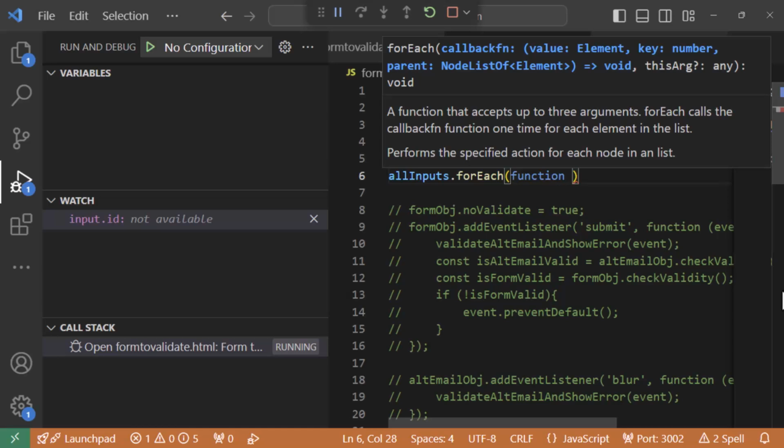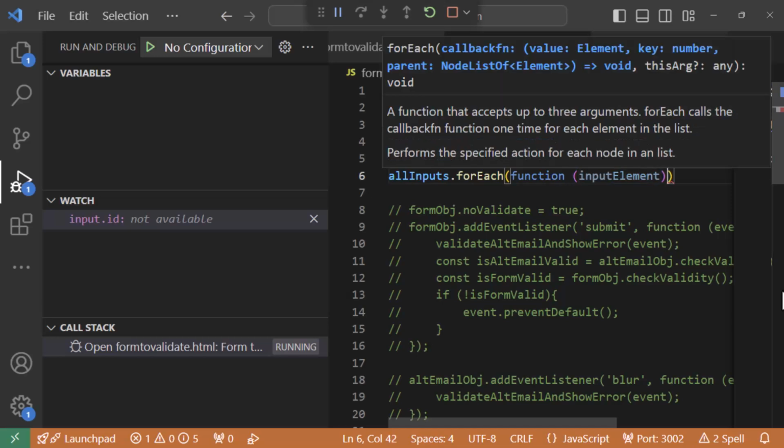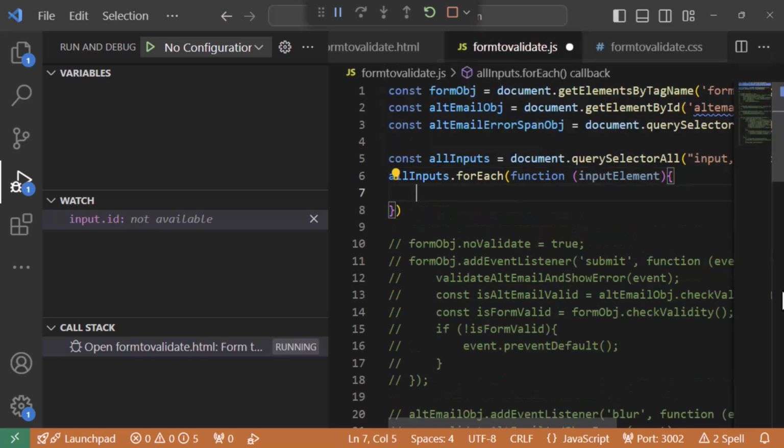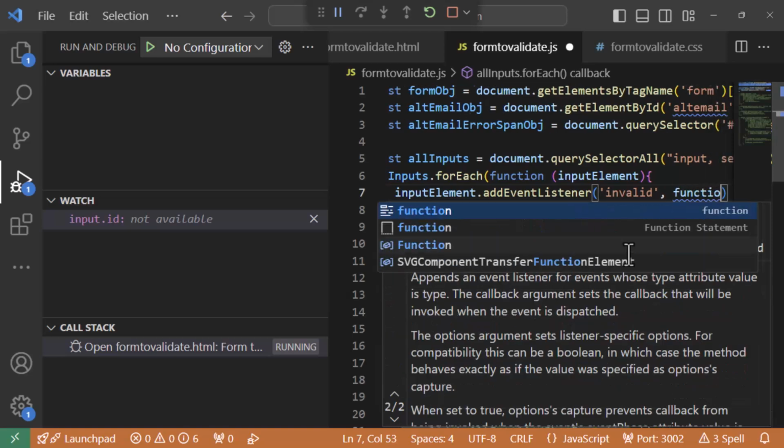So we say function inputElm, and in here we are going to register the invalid event on the individual input element. So it's going to call this function for each input element one by one. For the given input element, we say addEventListener, and the event name is invalid, and then we write the function in here,